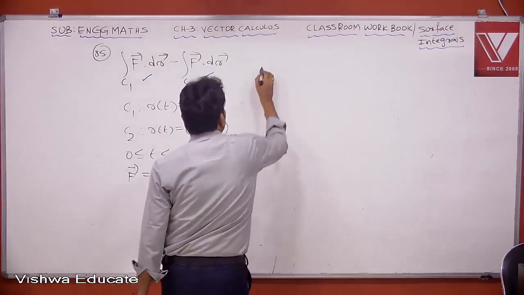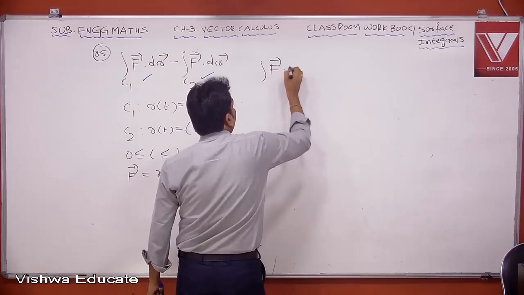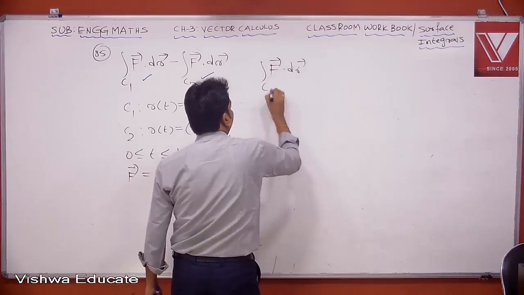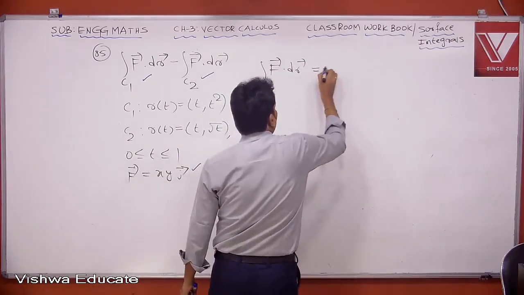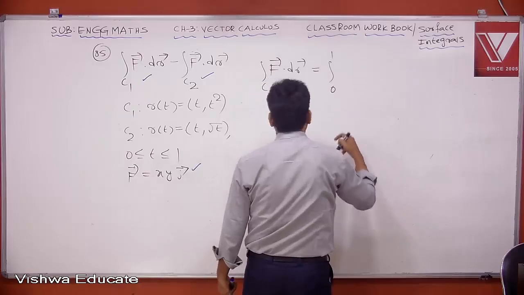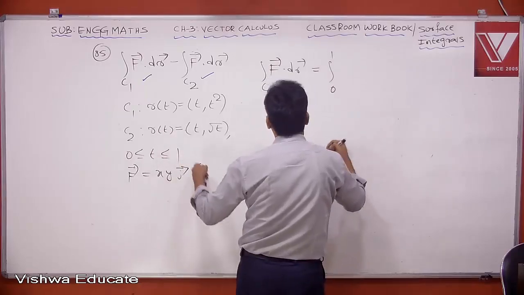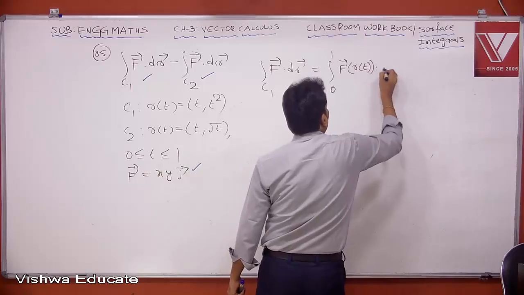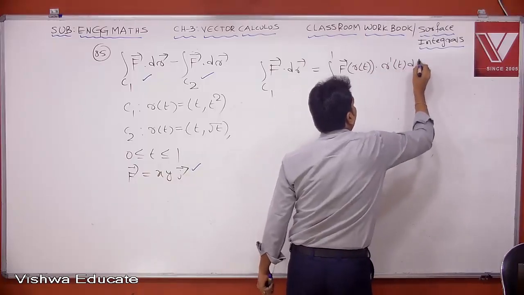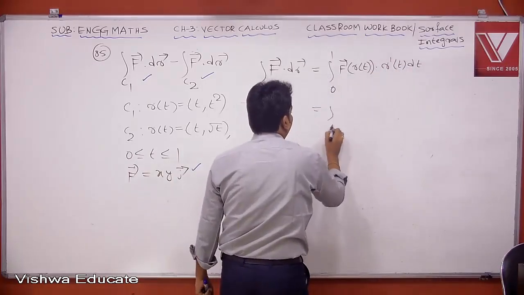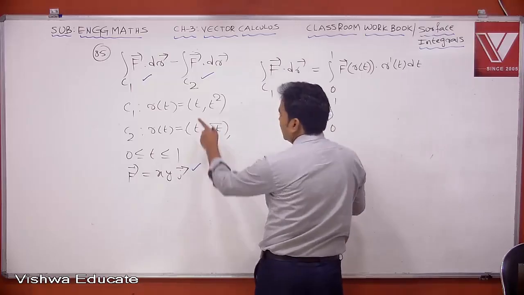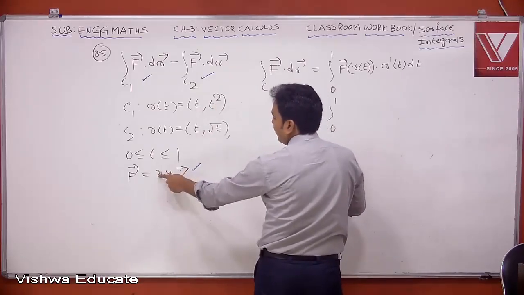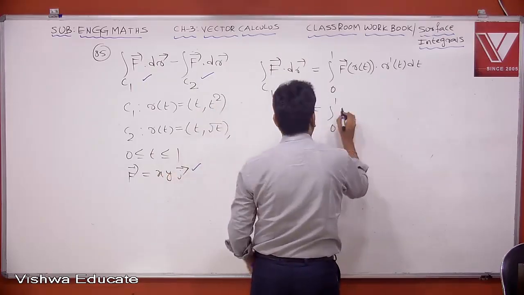Integral of f bar dot dr bar over C1. Now this is nothing but integral 0 to 1, because the limits of t are 0 to 1. This is f bar of r of t dot product r dash of t dt. So therefore this is integral 0 to 1. Now this is the x value, this is the y value: x into y, t into t square, t cube z bar